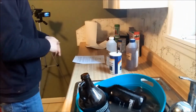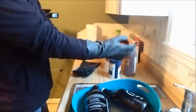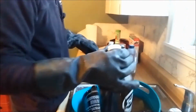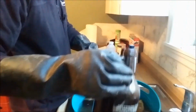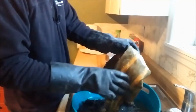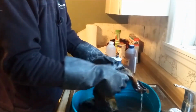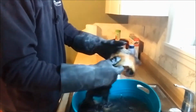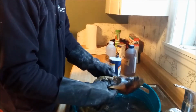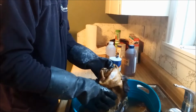There we go. We'll let that set for a couple hours and see what we have. About 4 hours. It looks like they've softened up quite a bit. We don't want to leave them in any longer than we have to. We don't want to cause any hair slippage. But this slightly resembles what it feels like after it's fleshed. It's pretty limber, pretty soft. That's what we're after. I'm going to go ahead and dump the water out